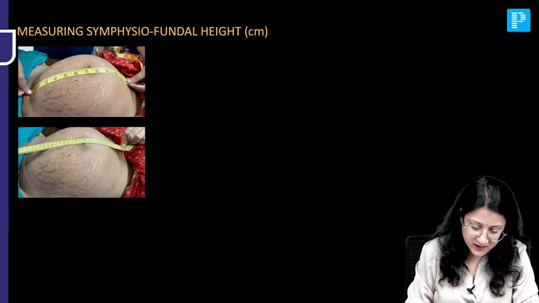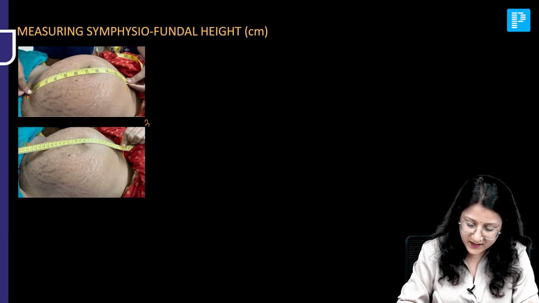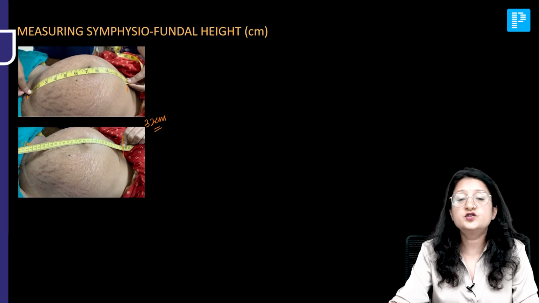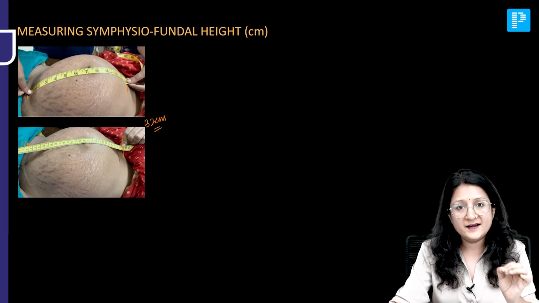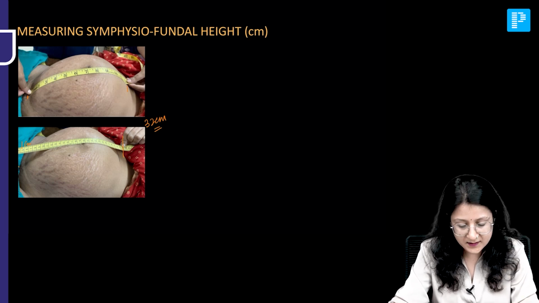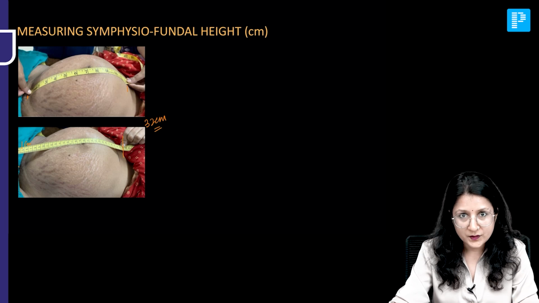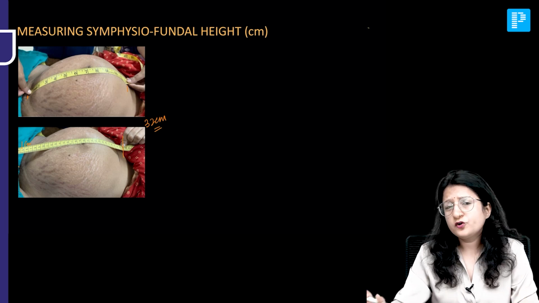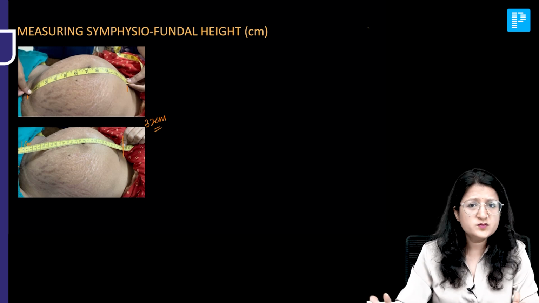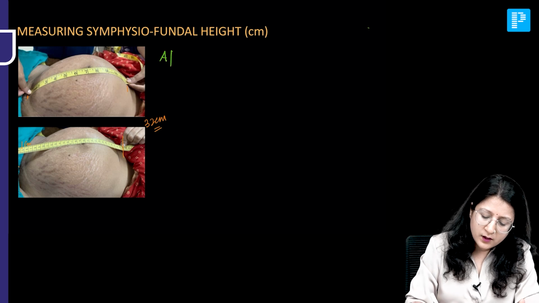So this is 1 centimeter was kept here. This is 32 centimeter in this particular situation. So symphysiofundal height is documented in centimeters. Now, know what is important here. It is important to document the symphysiofundal height in centimeters beyond 20 weeks because you see, after 20 weeks, we